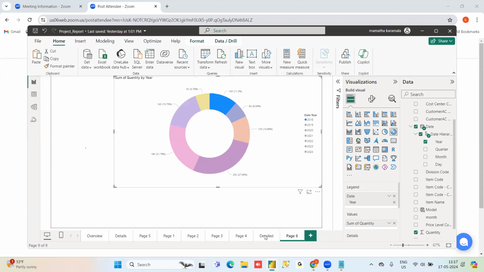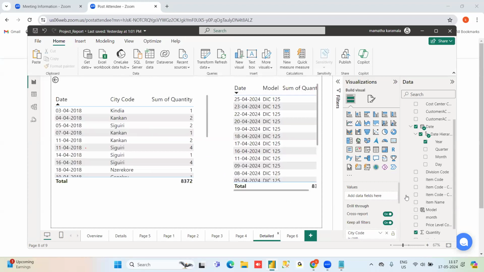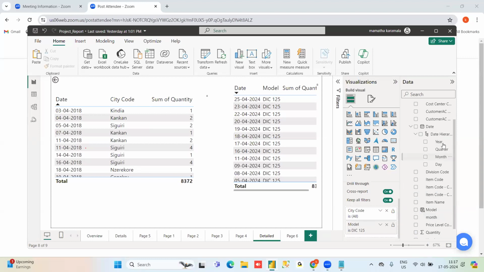Wherever the details are there, if you want to see the detailed data, you just go and give year here under the drill through option. I am just giving year. It is just filtering accordingly what you have selected.